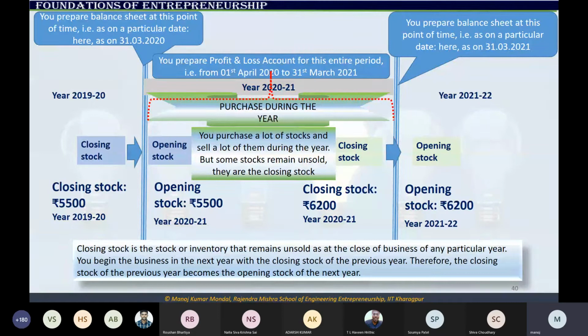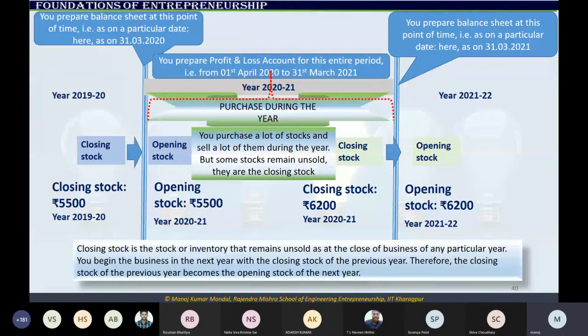In between, during the year, you make a lot of sales, you make a lot of purchases, and in the process, you do a lot of operations. And if you subtract all the expenses from the sales that you make during the year, then you estimate the profit. That is how you estimate the profit. Okay. Now,